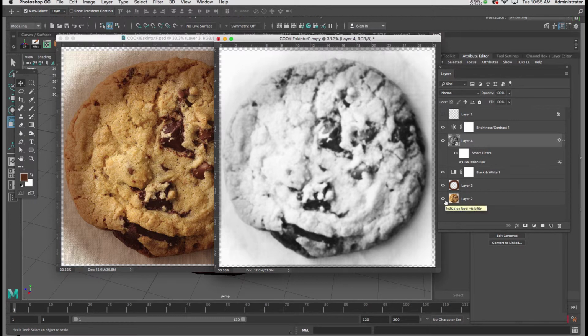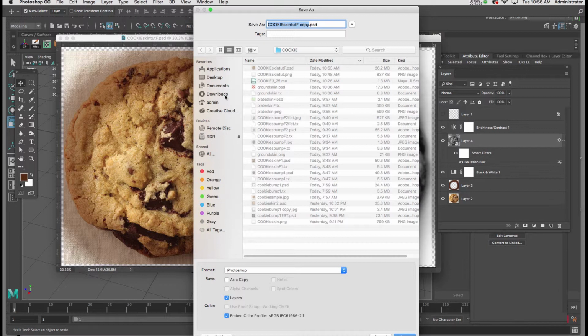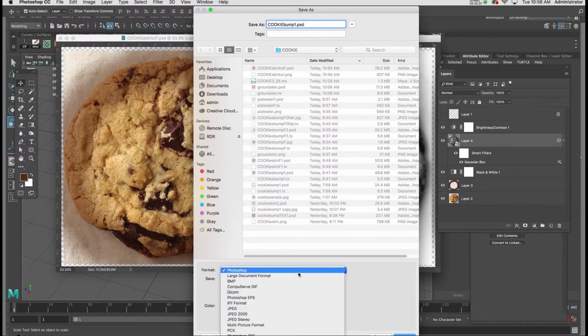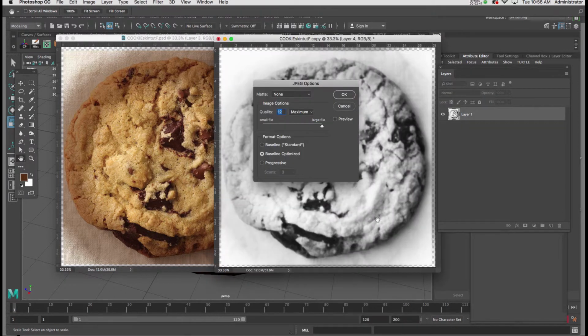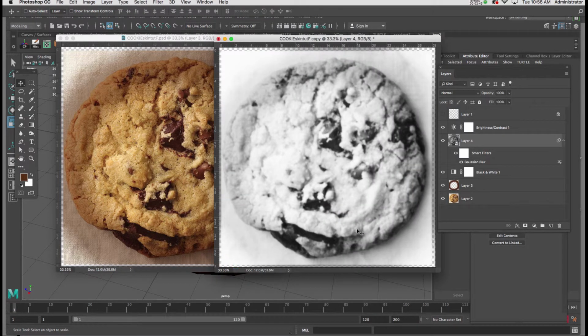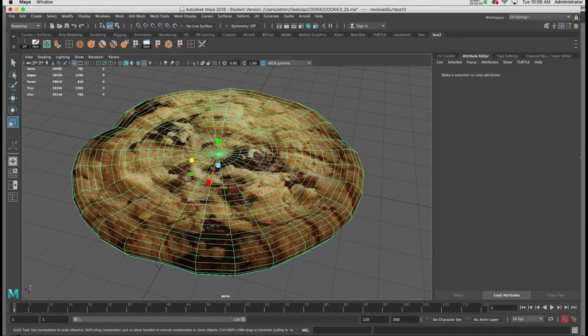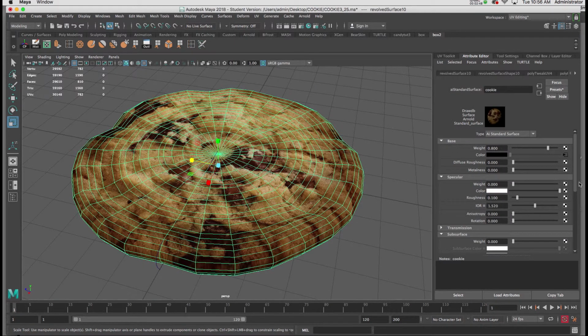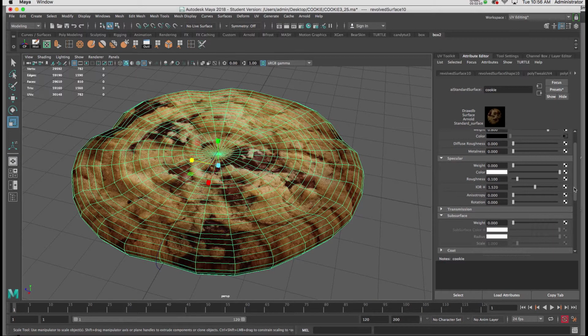And I'm going to generate a JPEG for this. So I'll hit Command Shift S. And in my folder, name it Cookie Bump, and I'm going to make sure I save it as a JPEG. I'll hit Save, and now I'm going to jump back into Maya, select the cookie shape, and in the surface